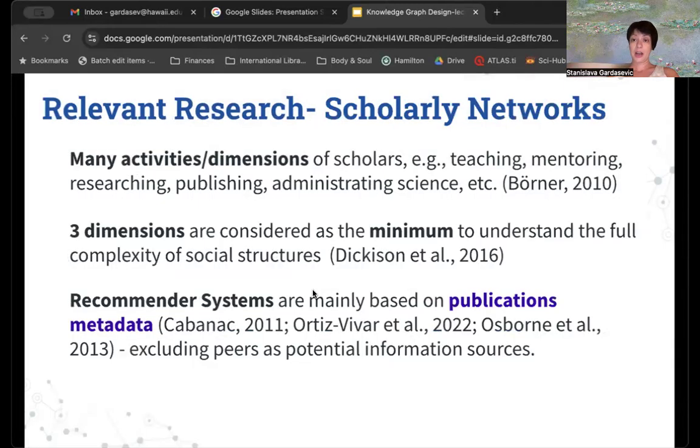Finally, the third area of relevant research is related to scholarly networks. It's a very common way to represent information systems in academia through networks. These recommender systems are often based on publication metadata, where you can see who is working with whom. This is the co-authorship networks, but also,